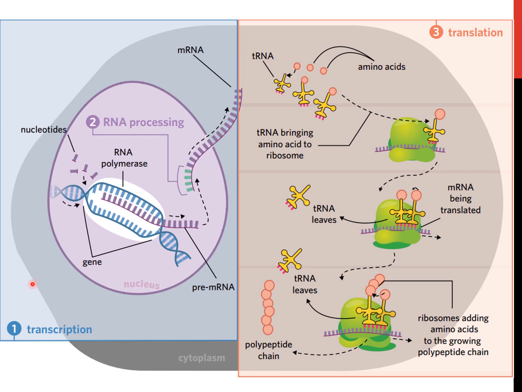RNA processing then occurs where it will get a 5' methyl G cap added to one end and a 3' poly A tail added to the next, and of course the introns get removed. Okay. Then lastly we have translation, which we just looked at this whole entire class. So that was the mature messenger RNA